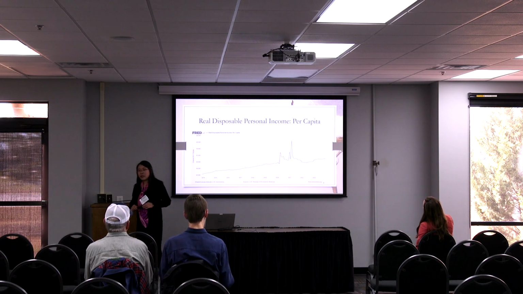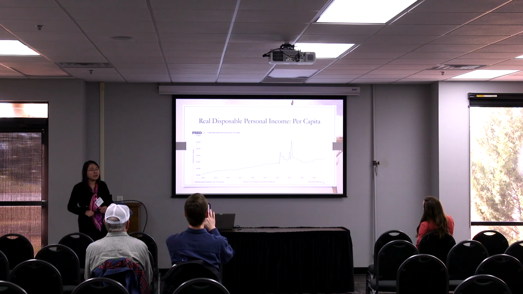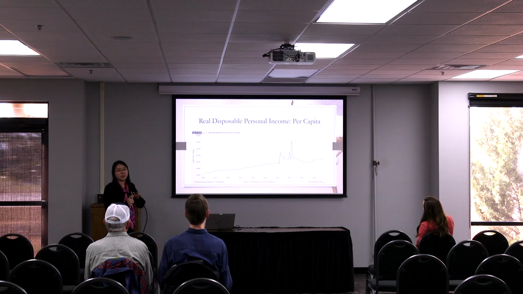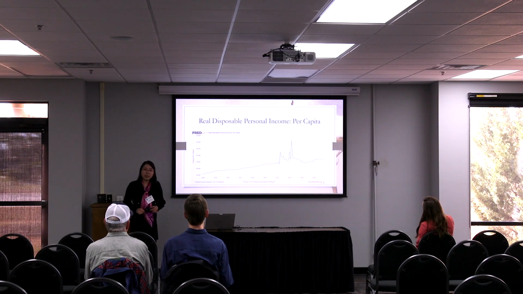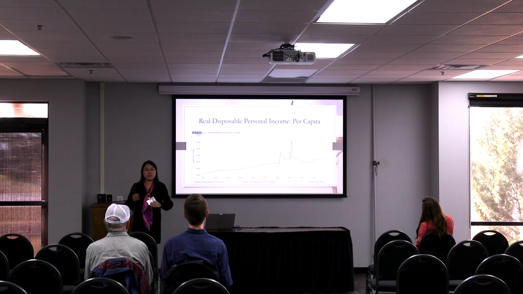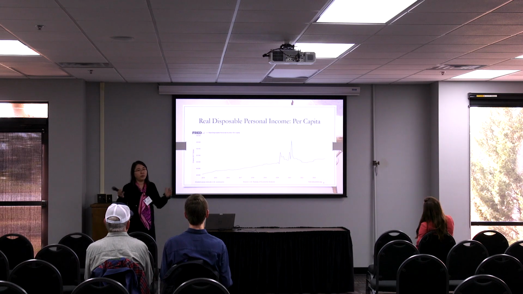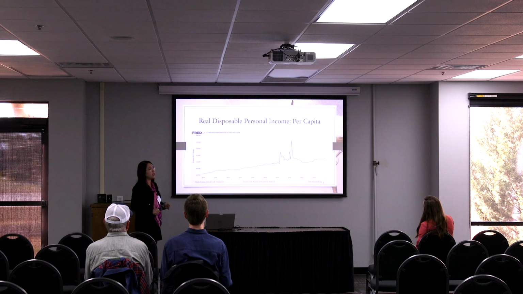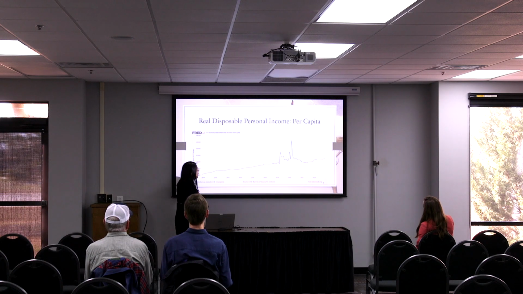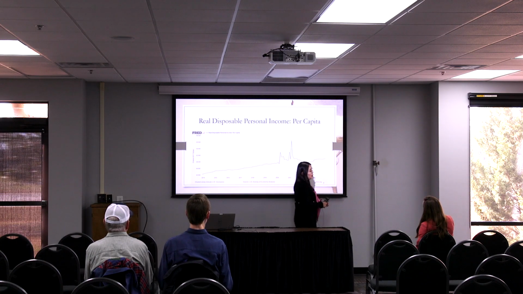When we talk about cotton and cotton-related products, we really have to look at consumer income, consumer spending, as well as how much money is still left in the consumer's pocket in terms of the saving rate. This graph is real disposable personal income for everybody in the U.S. The real term means inflation has already been adjusted out of the equation. That shows the real money that you have been making. So overall, consumers have been making more money.